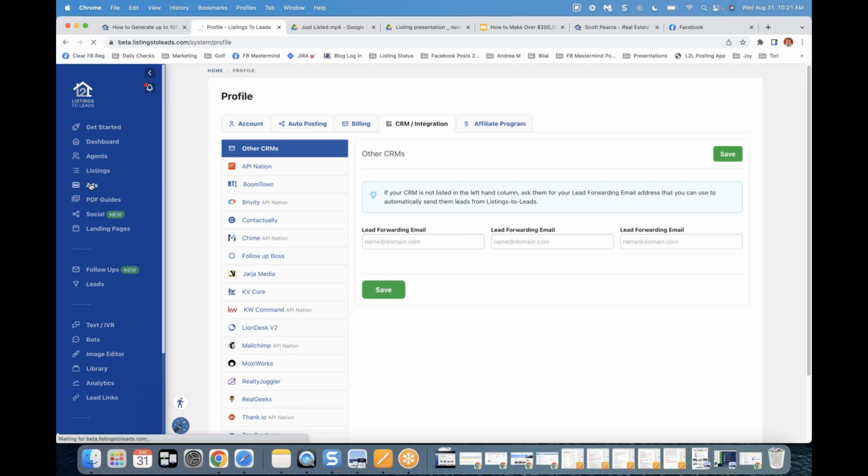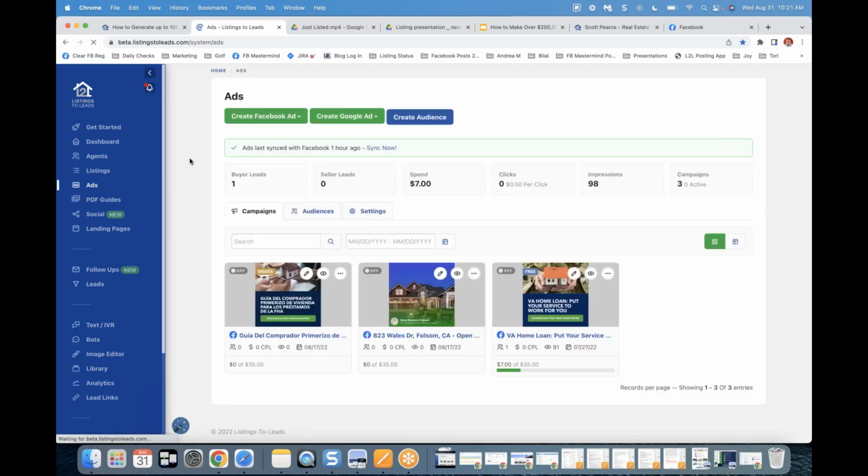Now, let's go back to ads, because another strategy that I would use, and this is kind of a two-part strategy, is doing an open house with an agent. So you've got an agent with an account with Listings to Leads, and doing an open house together can be absolutely awesome. This weekend, of course, Labor Day weekend, may not be the best weekend in the world, but the weekend after that, when people start settling down from school and all that,